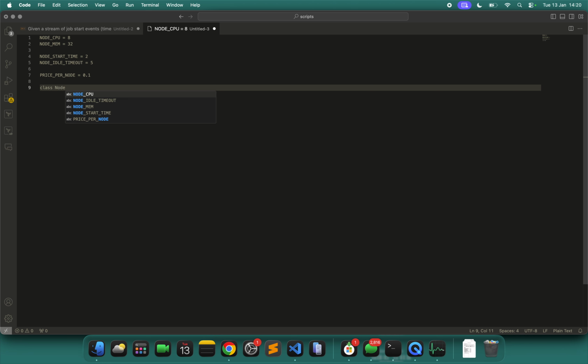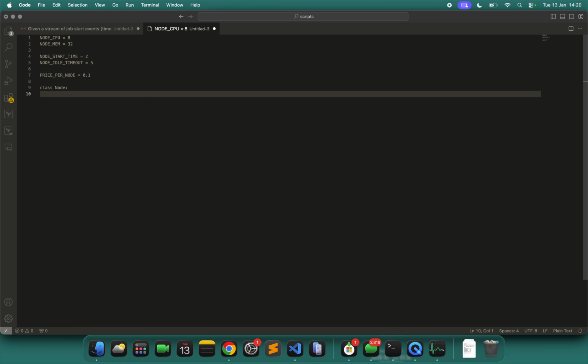I can use a node class where I can define, class Node, then def.